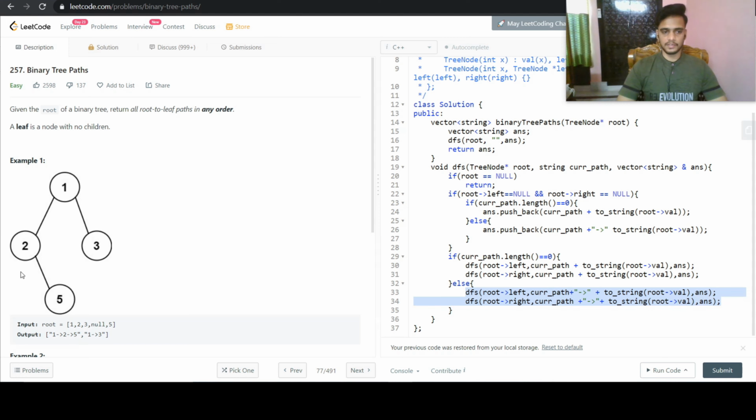Since its left child is null, so it will return, and then it will call the right DFS function with its right child, and here it will go inside this condition because it's a leaf node, and it will insert the current path with this case, and we will just insert into that answer, and then again we will backtrack till we are here, and in this case we will call our right child.